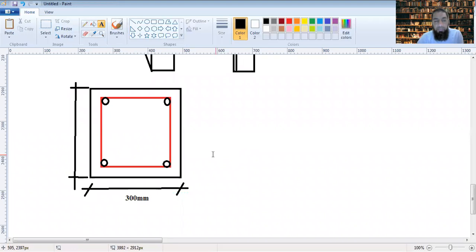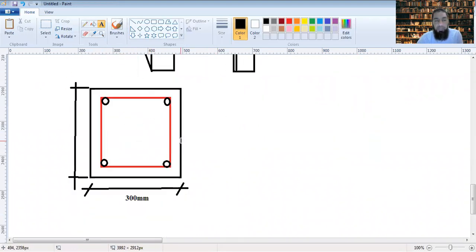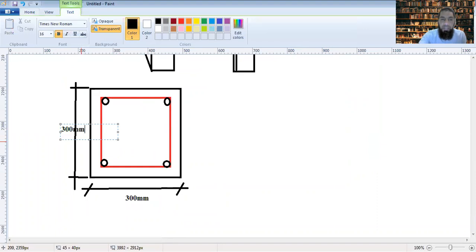Why 300 mm? Because the maximum spacing between the longitudinal bars is 300 mm. So the spacing here would be less than 300 mm. So if this is a case, say 300 mm by 300 mm,